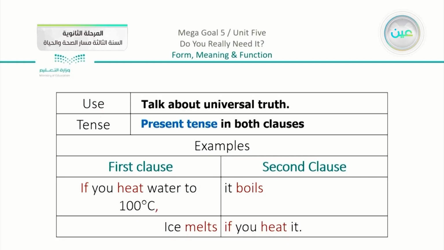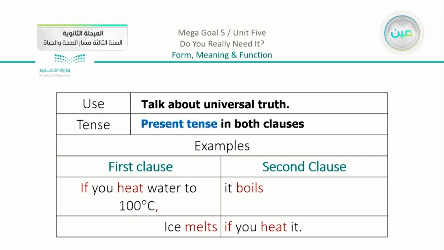Now you can see that in the other example, we switched or rearranged the sentence, which is the same as we did in the adverb clauses, but we still have the same idea or the same meaning. So we can say, ice melts if you heat it. Now you can see that ice melts, this is the main clause, there is a fact, and it is in the present simple. If you heat it, we have here the if clause, and also we used heat, which is the present simple. So we have here the zero conditional.